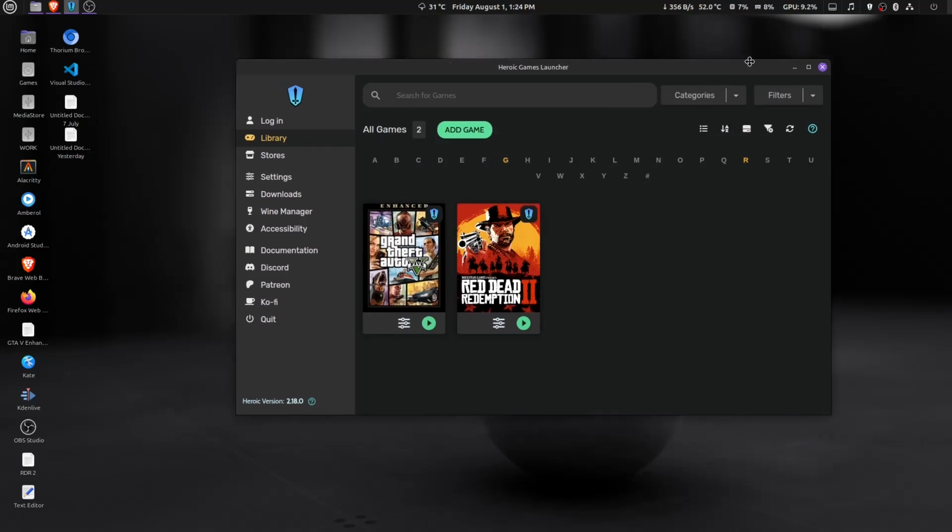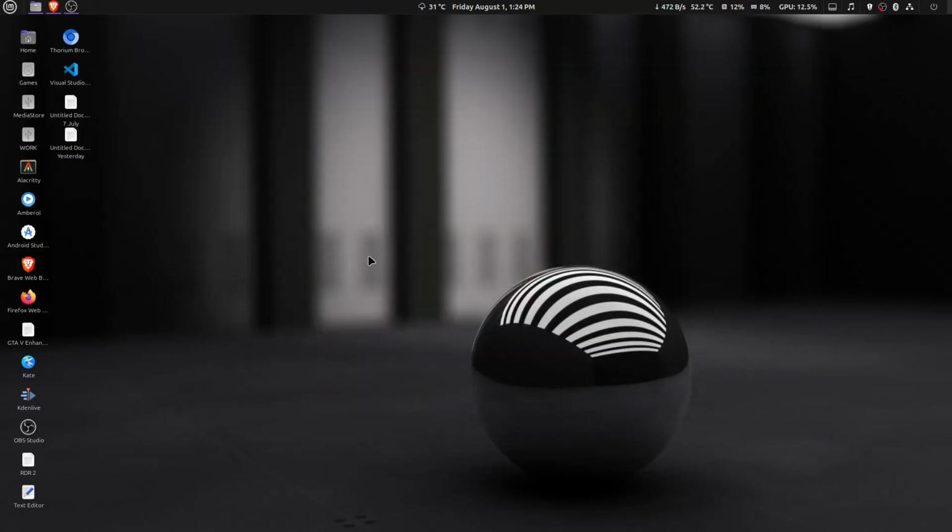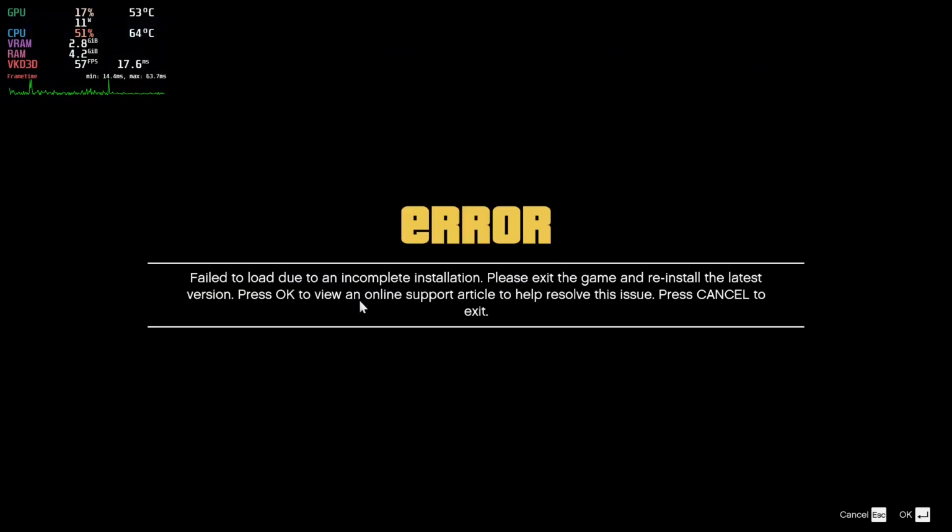Okay, so if you are trying to run GTA 5 Enhanced Edition and you are facing this, let me show you. Okay, so if you're facing this error, failed to load due to an incomplete installation, then I'll show you how to fix it. So what you need to do, quit the game,